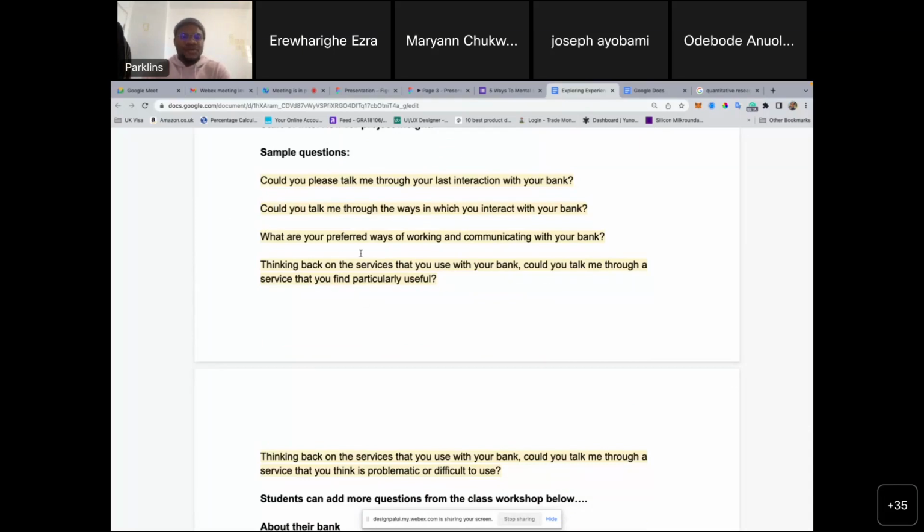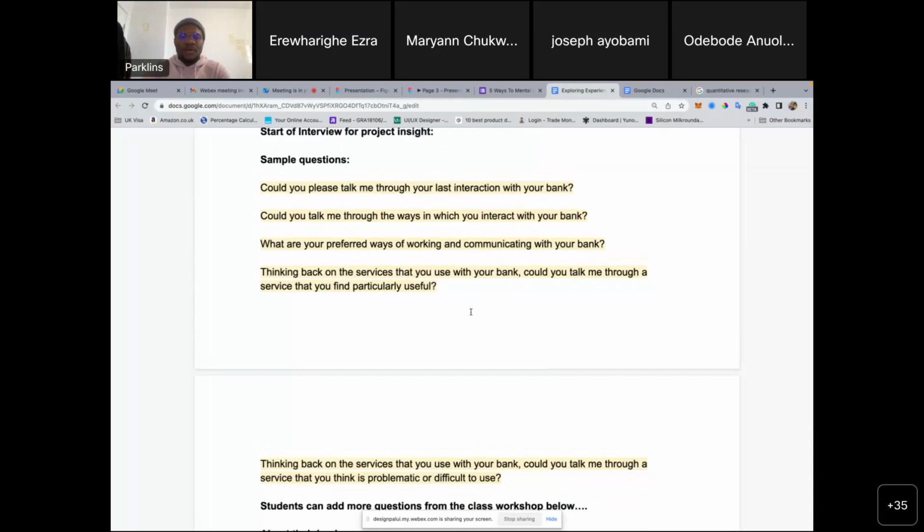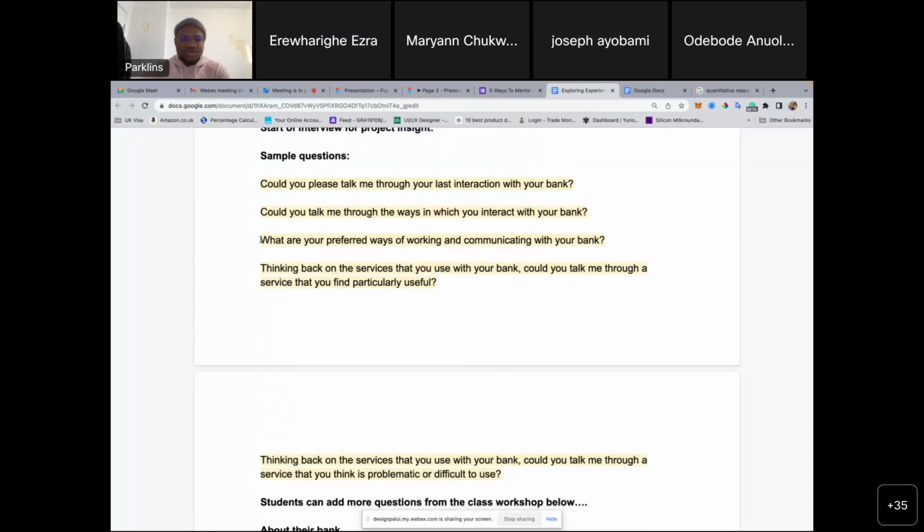So this particular question here is a wrong example for an open-ended question because it starts with a what. Not just that it starts with a what, but it is a close-ended question. Starting with a what closes down the ability for the user to explain. So this is, what are your preferred ways of working and communicating with your bank? This is a question that is more suitable for a survey, because when I've asked this question, I can now put